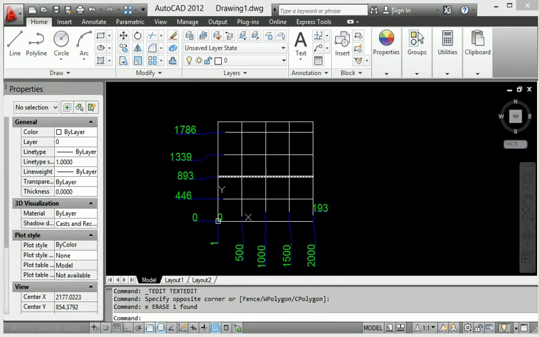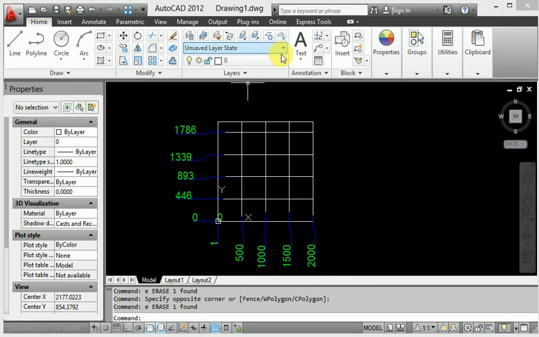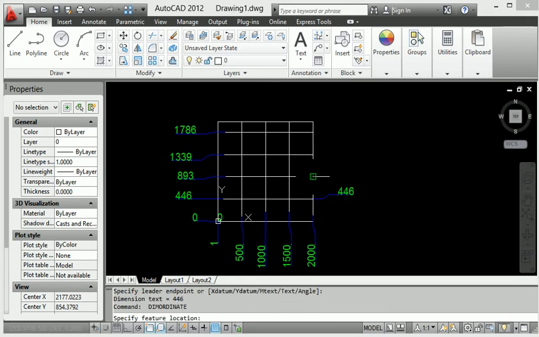Now again I want to provide the dimension here. How is it possible? Go to ordinate and click this value, this is one dimension. Enter again and click this value, enter again, click this value, enter, okay, enter again here, and also click this value.